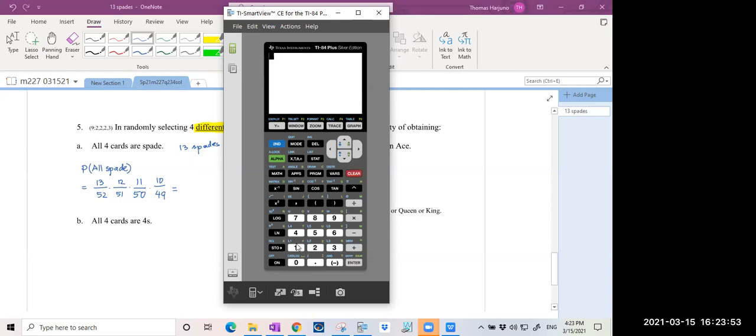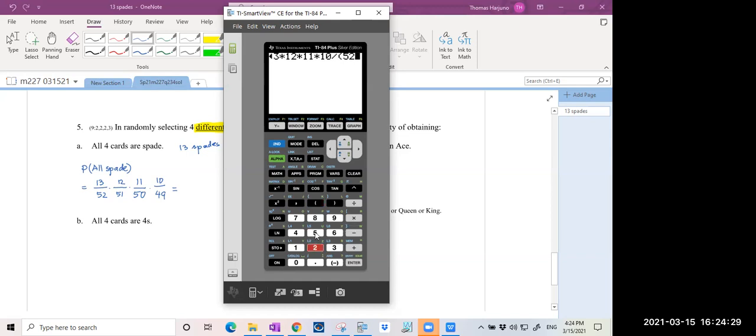So I will punch 13 times 12 times 11 times 10 divided by parentheses, because we divide by the product of the denominators. That's why we need to use parentheses. 52